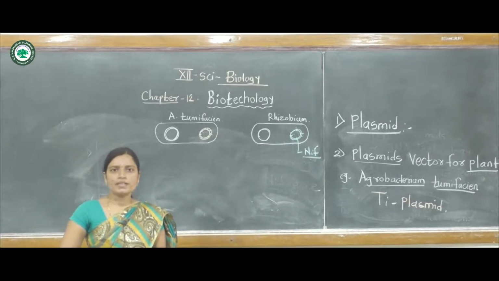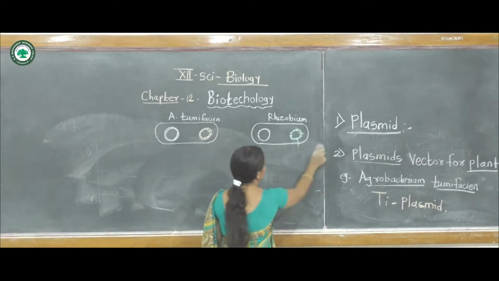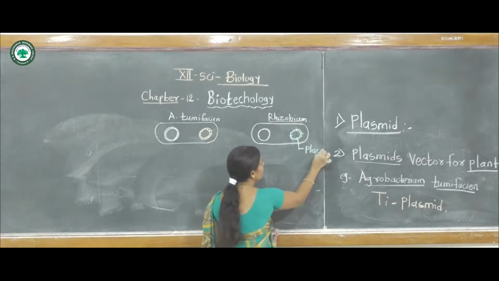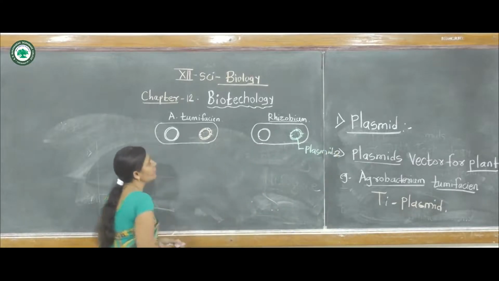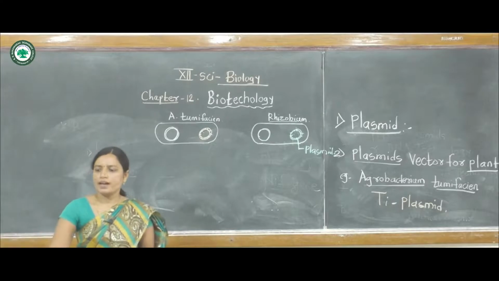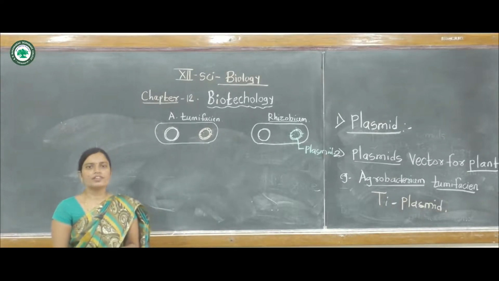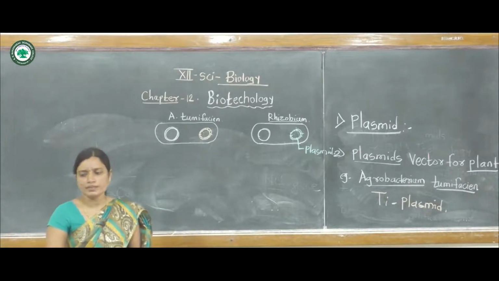This plasmid is isolated from another cell. This cell is a Rhizobium, and one is the plasmid. This plasmid is present in the bacterial cells, and one is a Ti plasmid and another is a nif gene, or this nif gene is introduced into this Ti plasmid.